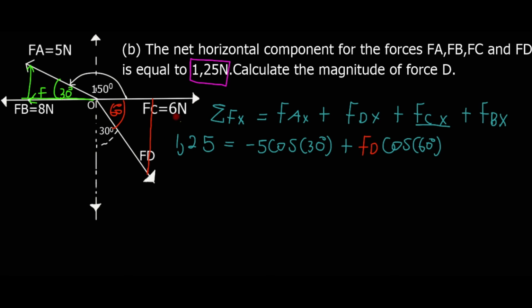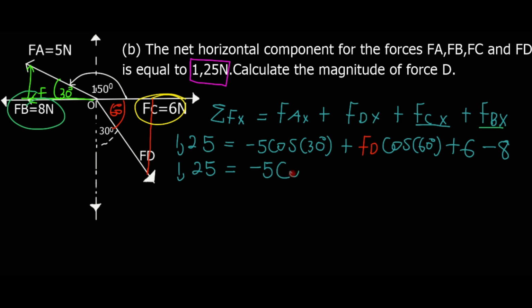ya c. This one ya c ba re file gore ke positive 6, so re la gore nka e ngwala as positive 6, and then this one ya b ke negative 8 because it's on the negative sides. So from there re la gore ke na le 1.25, and then e lekana le -5 cos 30 degrees, and then plus fd. Remember fd ke yona re nyakao, and then cos 60 degrees, and then 6 minus 8 re la gore this